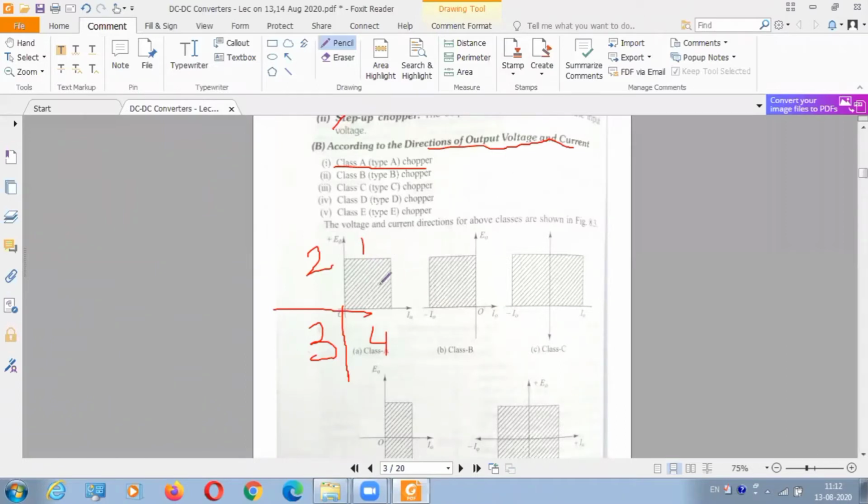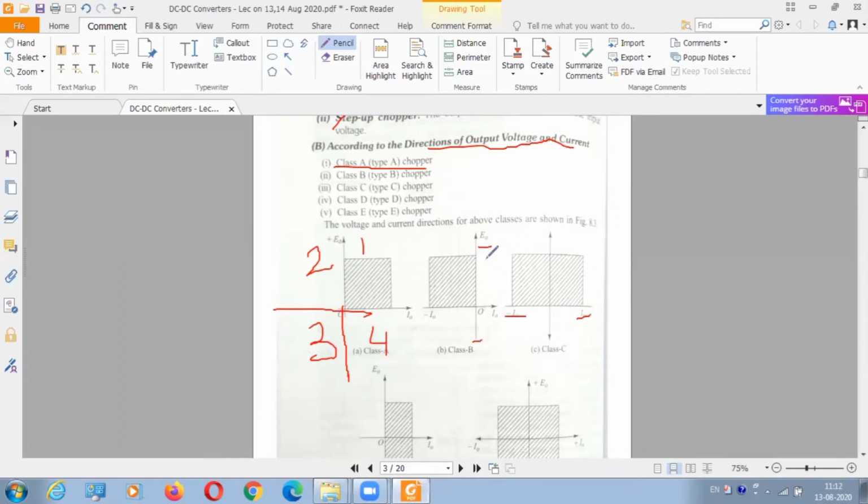One is motoring. Motoring means, you should understand just for now, that you are taking a DC motor and it is behaving as a motor only. That is, my current is entering the armature. If it acts as a generator, that means current will go in the opposite direction. Okay, so that is all the things we are doing. Positive current, negative current. Positive voltage, this side is negative voltage.